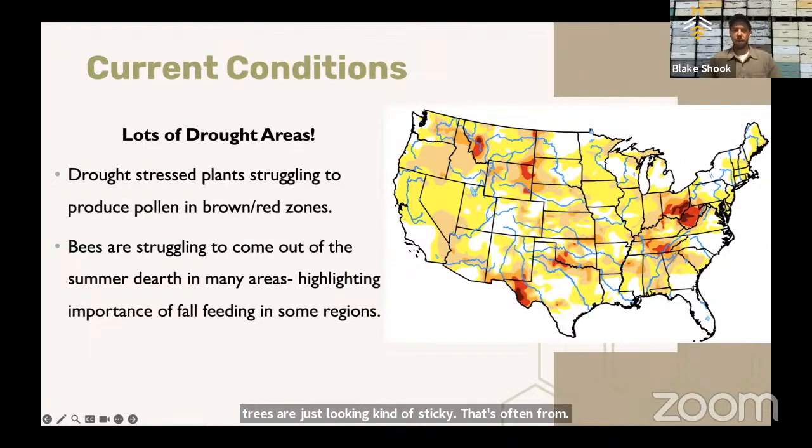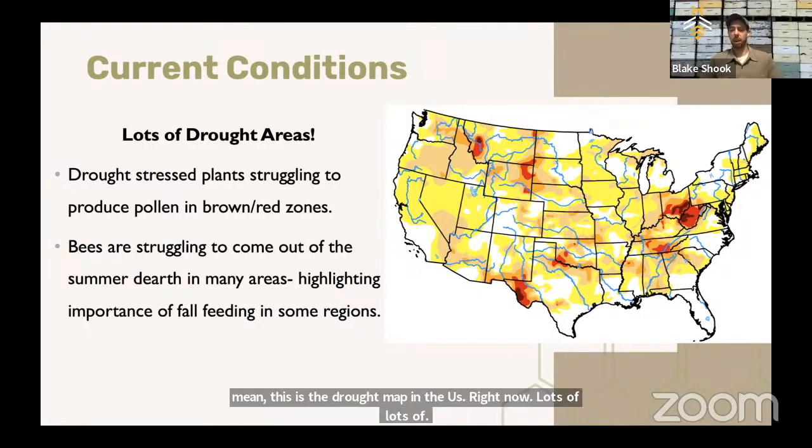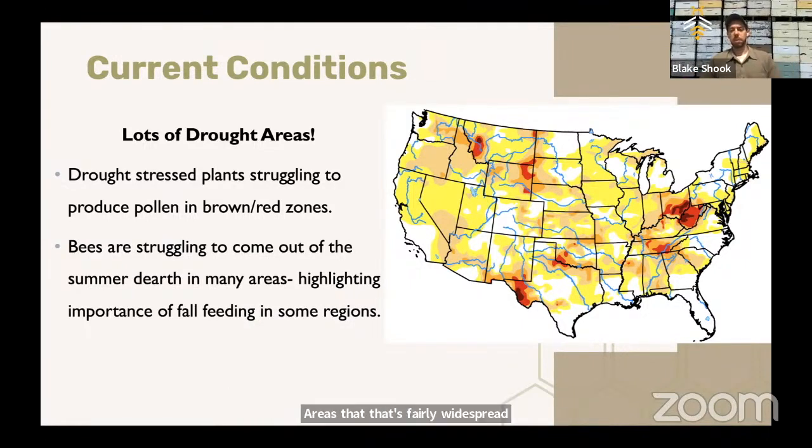So, current drought conditions, lots of drought areas. This is the drought map in the U.S. right now. Lots of areas, and it's fairly widespread. Some of these areas are going to be changing pretty quickly over here in the east, where the hurricane just went through. But there are lots of regions right now where there is drought stress on the plants